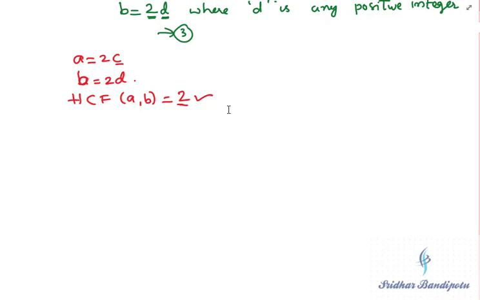Why are we getting this contradiction? Because of our incorrect assumption. When root 2 is rational, then if you simplify, we will get HCF as 1 only. That's why, since the assumption is wrong, we are getting HCF as 2, which is a contradiction. Understanding? So we can say that this contradiction has arisen because of our incorrect assumption. Therefore, we conclude that root 2 is an irrational number. Okay? So let's write the information more clearly.